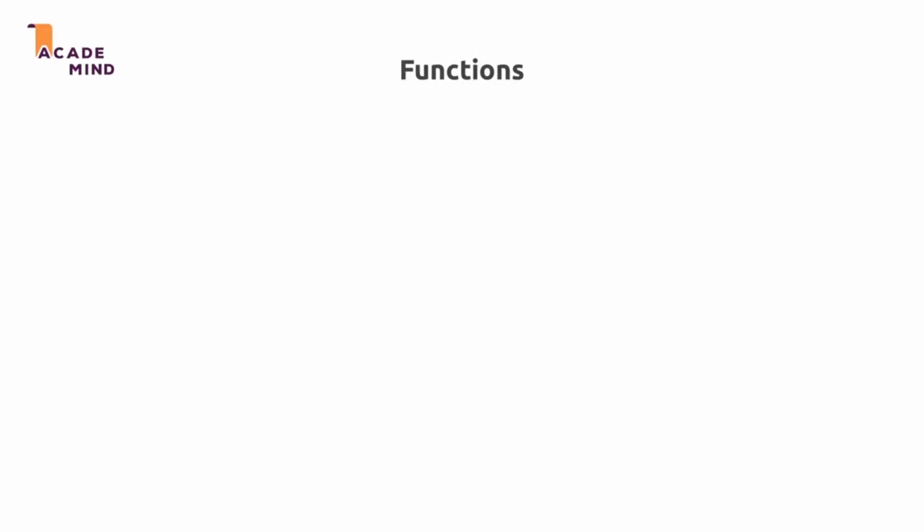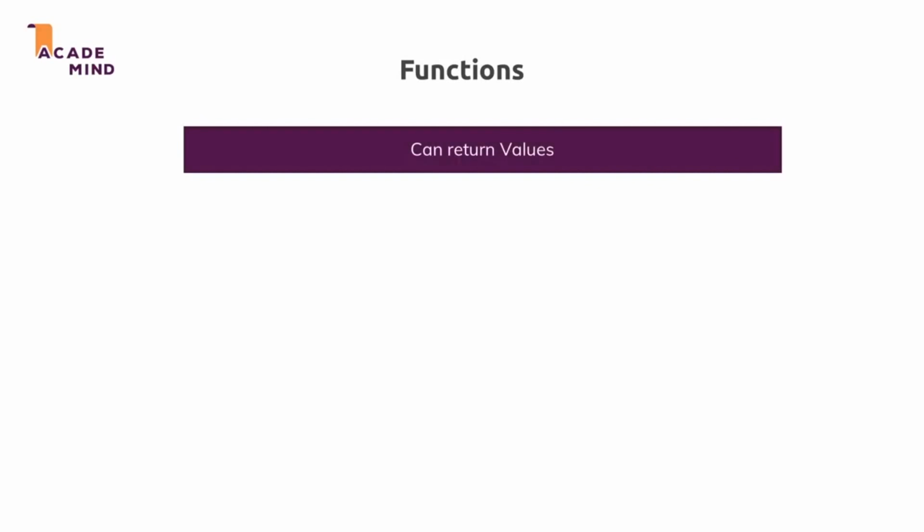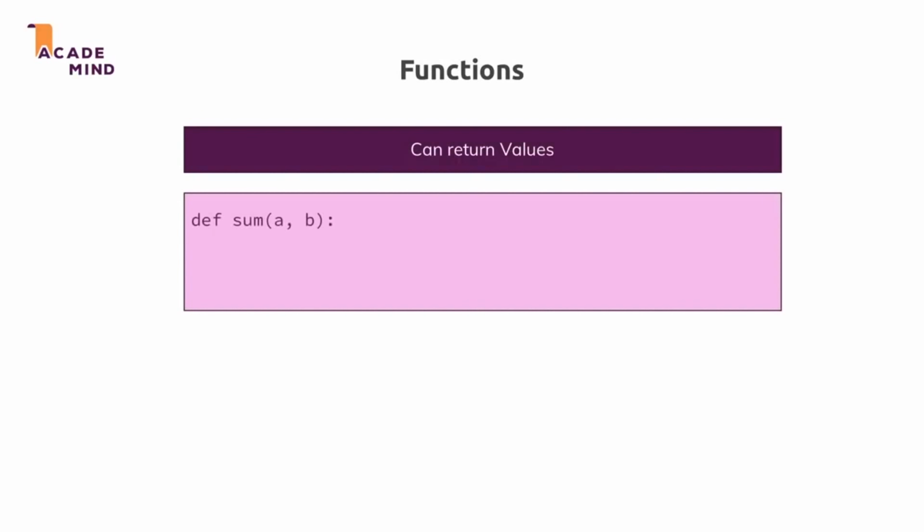We already learned some nice things about functions, but they can do even more than what we learned thus far. They can also return values. And what does this mean? Here's an example. We got our sum function here, and as you can see, this function takes 2 arguments. But any function, no matter if it takes any arguments or how many it takes, can also return a value with the return keyword. If you use that inside of a function, whatever comes after it is returned, which means that whoever called that function will get that return value as a result.